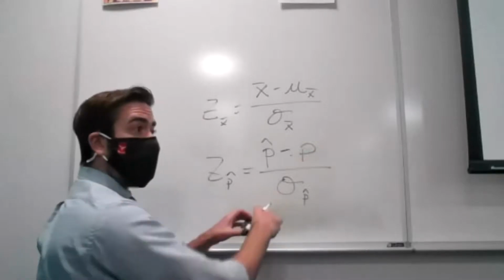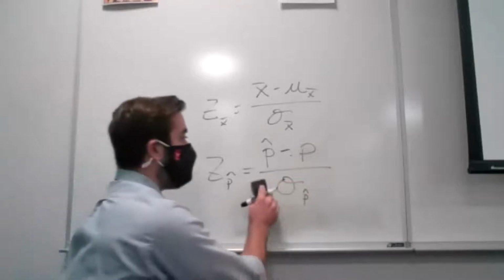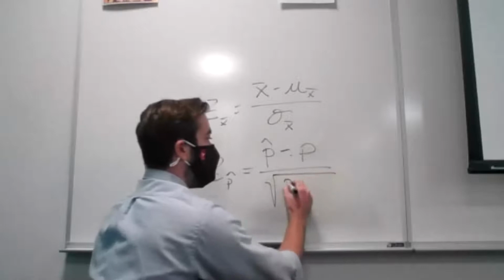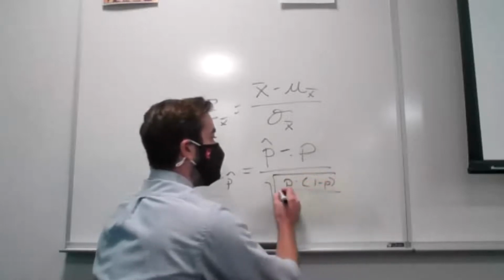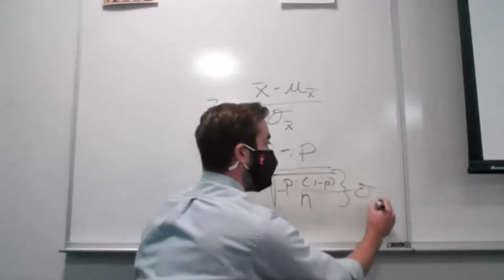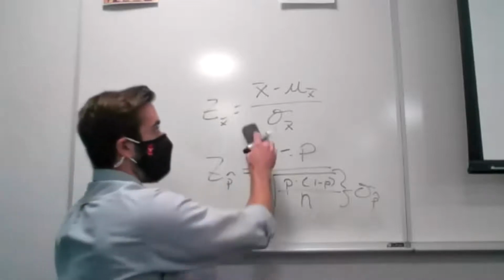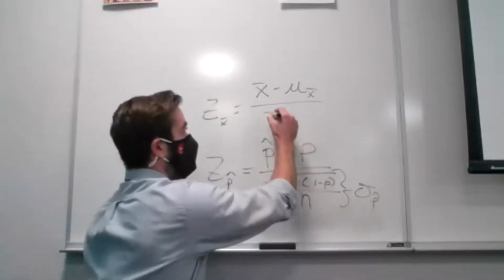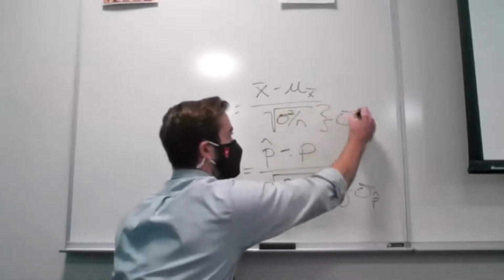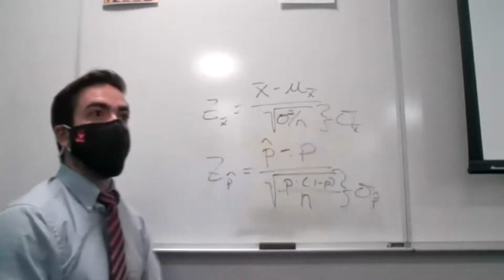And if we wanted to, we don't have to calculate it in the intermediate step. We can plug it right into the equation. The standard deviation of my sample proportions is the square root of p times 1 minus p over my sample size. Now this denominator still represents the standard deviation of my sample proportions. Just like before, we could have rewritten this as, right? This just represents the standard deviation of my sample means.